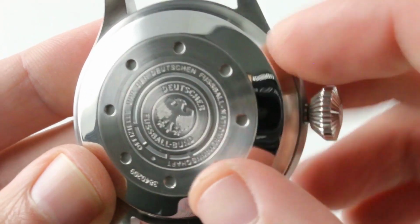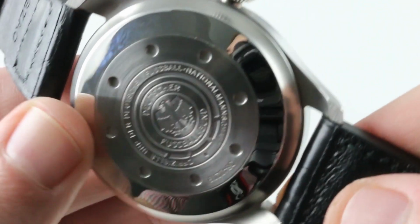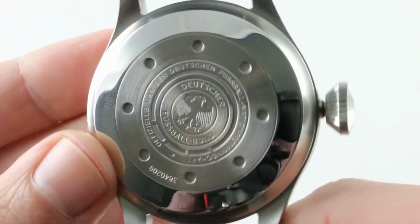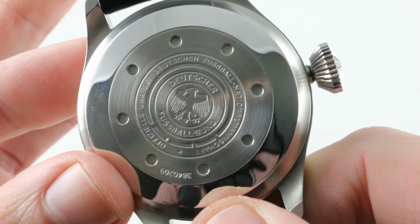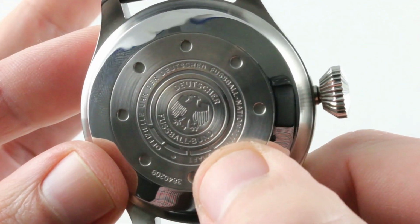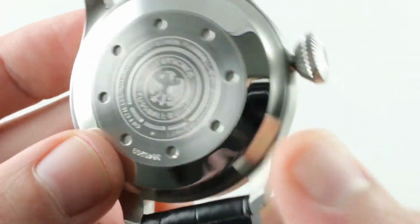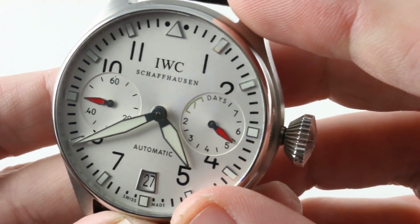It has the free sprung balance architecture for shock resistance, the overcoil hairspring, and it is adjusted in a chronometer-like 5 positions, those 2 refinements giving the watch the ability to keep excellent time regardless of its physical orientation with respect to gravity. And again, if you are a German football fan, you'll love this imagery rather than the conventional aviator's caseback. Inside, everything you expect beating away at a stately and anachronistic 21,600 vibrations per hour,